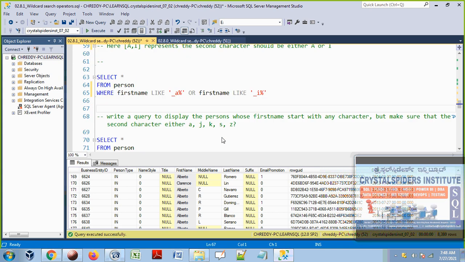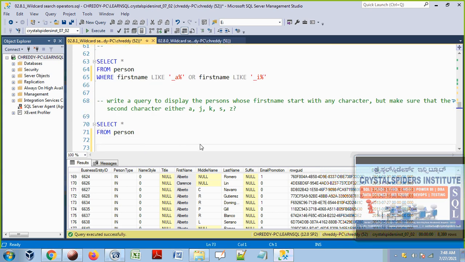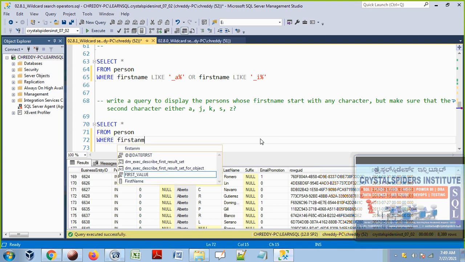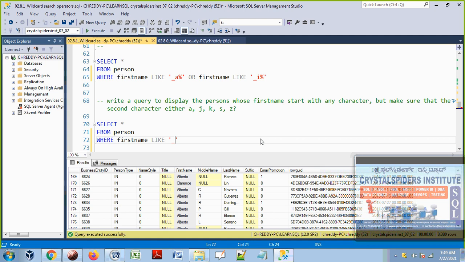So write a query to display the persons whose first name starts with any character, but make sure the second character is either A, J, K, S or J, either one of these. Then what we can do, where first name like, starts with any character, underscore, and make sure the second character can be one of these.